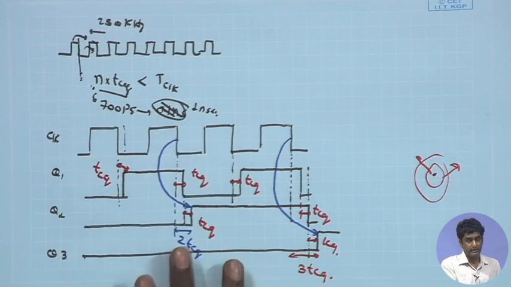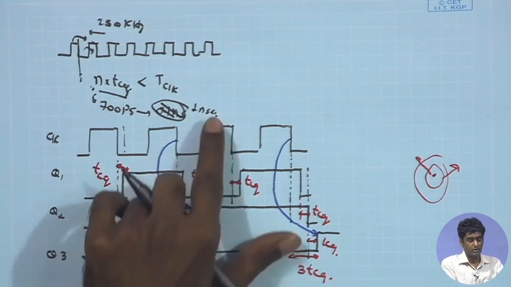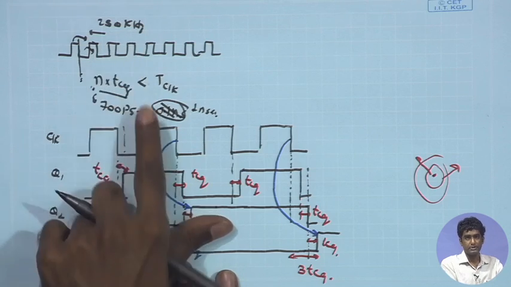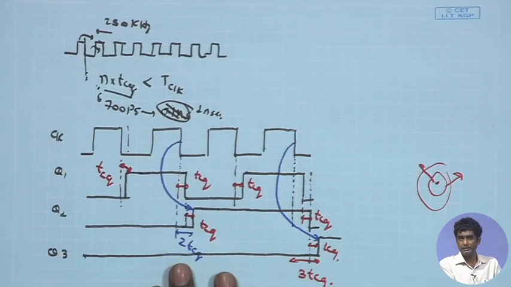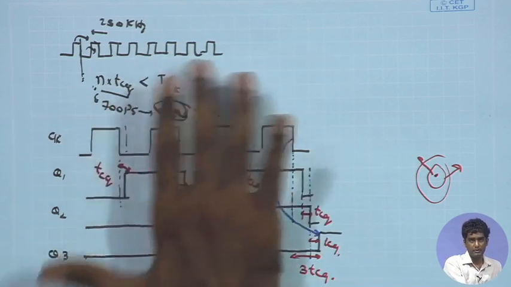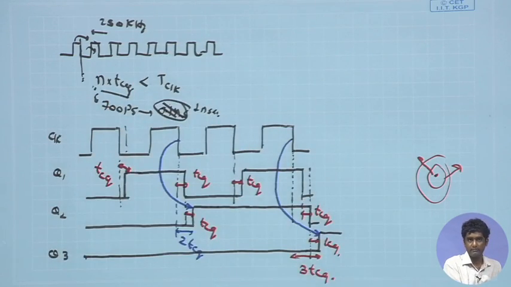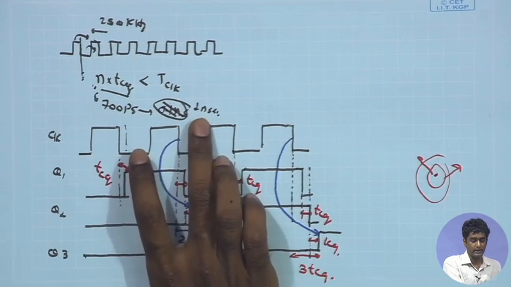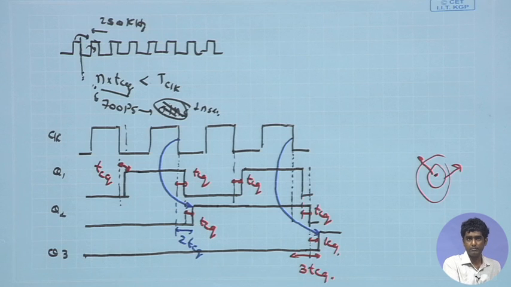And as a result, if I look at the clock period that we have, it is 250 kilohertz, not even 1 megahertz. As a result, this 1 nanosecond delay is going to be comfortable enough for our application. But once again, as we target a higher number of bits, the clock period will go on halving with every single bit increase, and then the delay of the flip flops can become a critical component in the design. As of now, in our application, we will see that this delay is not going to be critical, but